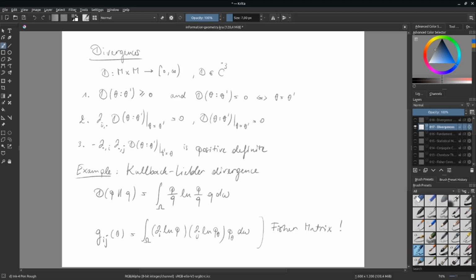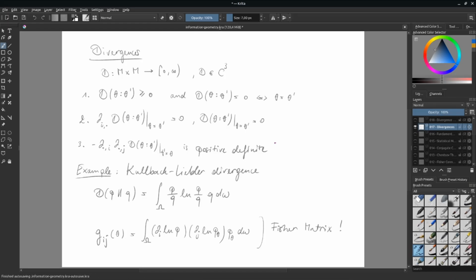In this case, it also has to be three times continuously differentiable. The first condition is the usual one: it's positive, and it's only 0 if theta is equal to theta prime. That's the basic part. Notice that it doesn't have to be symmetric, and it doesn't have to satisfy the triangle inequality. That means it's not necessarily a metric. The other conditions are more related to the